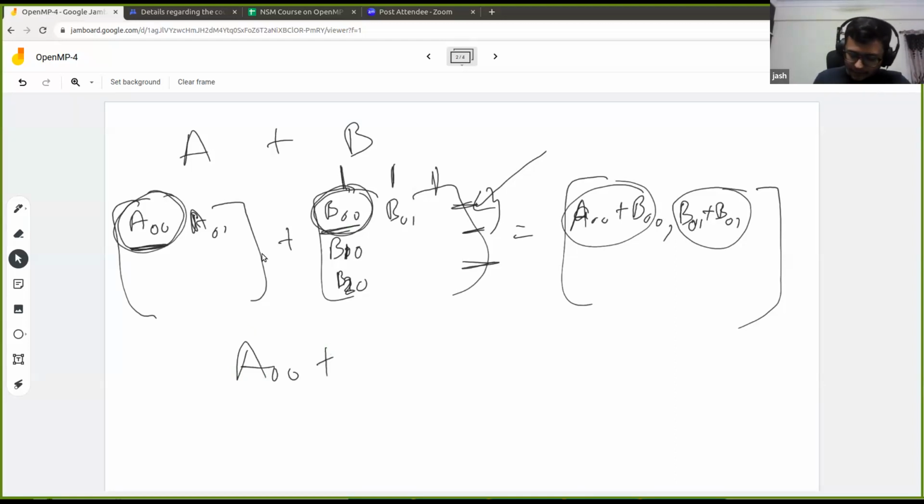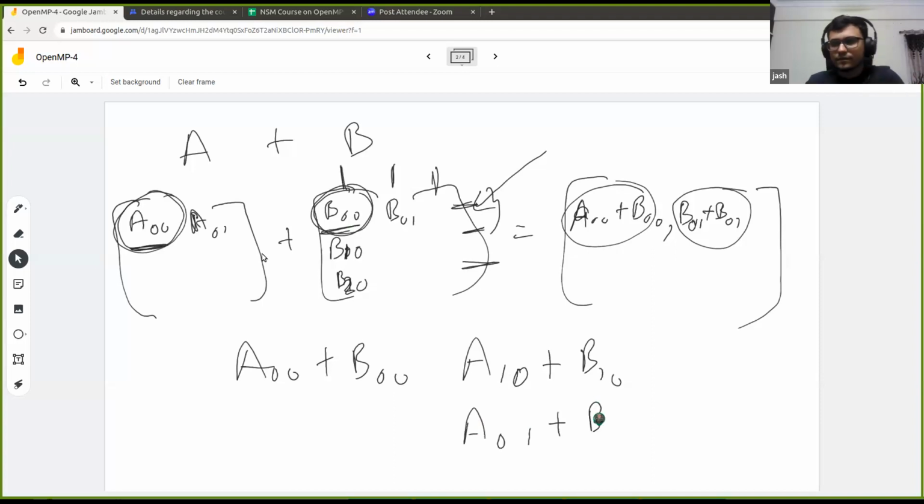and so on for A11 or A10 with B10 and A01 with B01 and so on. Now, let us assume that you have parallelized both the first and second for loop. In that case, what will happen? In the worst case, what might end up happening is that